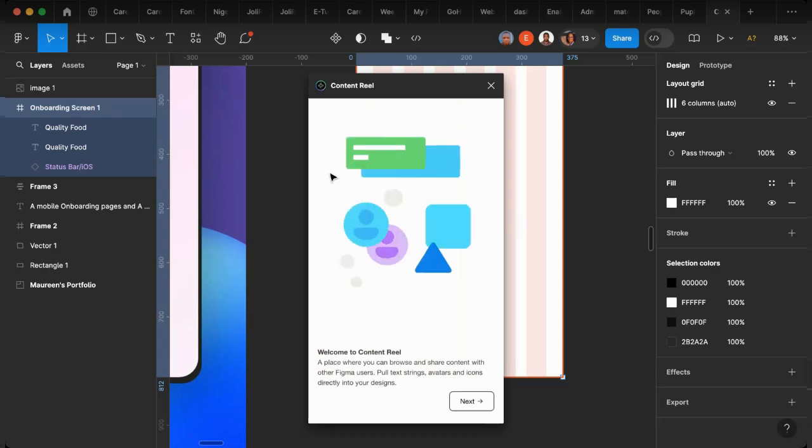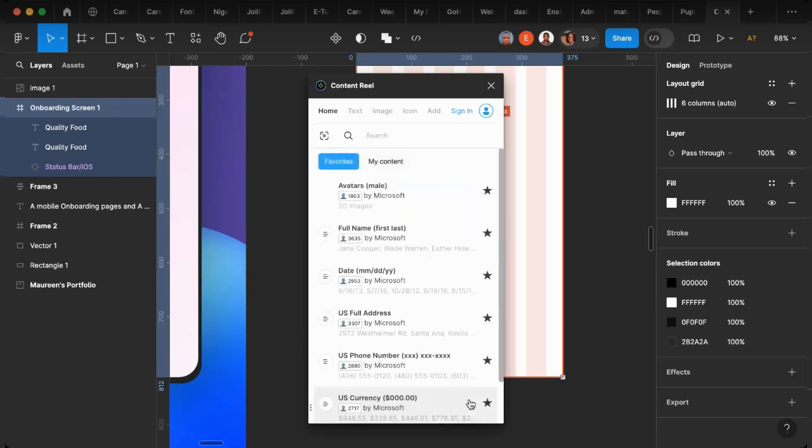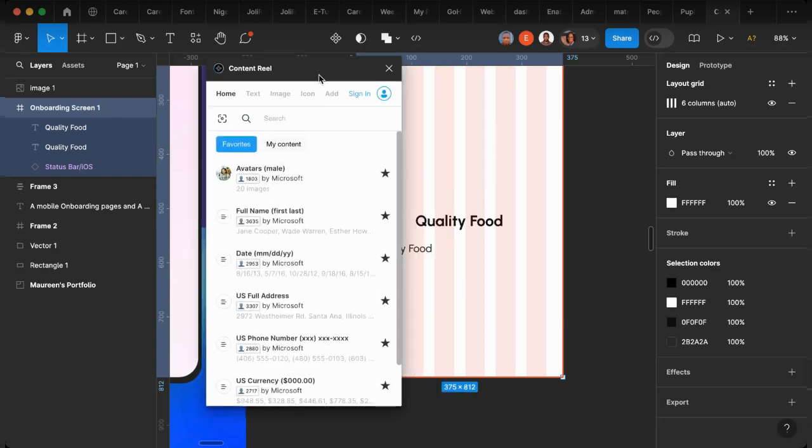This is how it's going to open for you, showing you welcome to play, where you can browse and share content with other Figma users, and just use something like that. And then you go to next, you go to next, you go to start. So the next thing you're going to do is